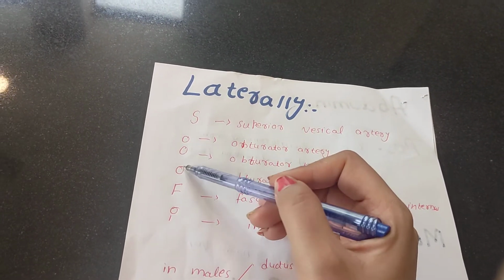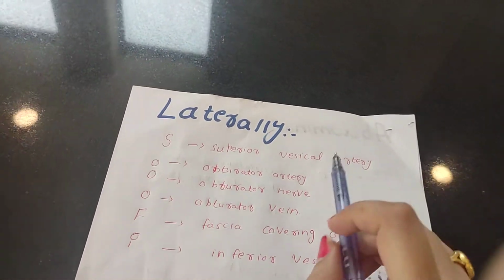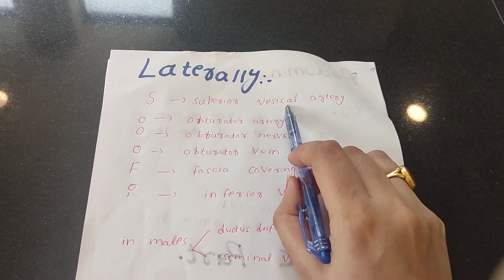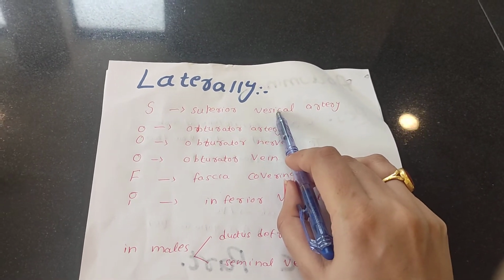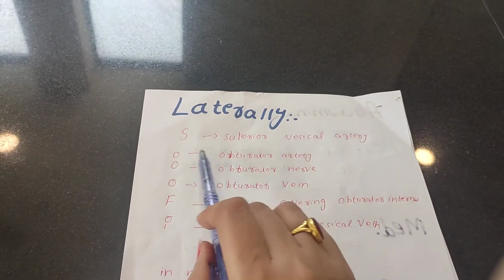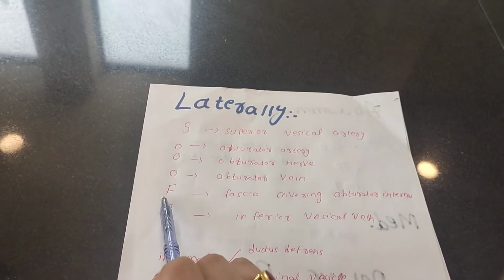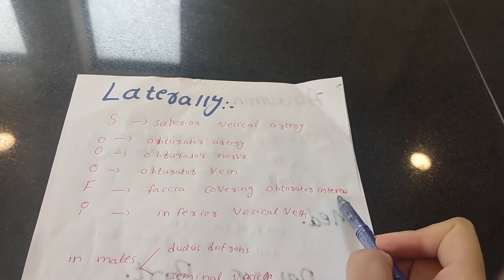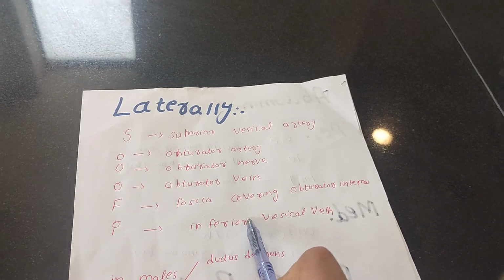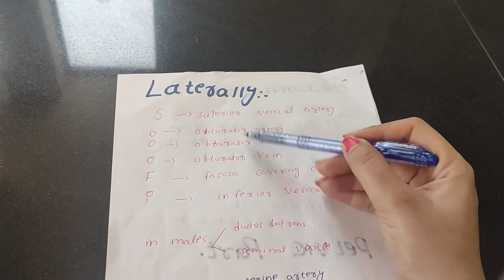After that, laterally we have the mnemonic SUFI. SUFI has three O's, and S stands for the superior vesical artery. Remember, this is the pelvic part, the part where the ureter is entering the urinary bladder. The urinary bladder's blood supply is from the vesical arteries and vesical nerves. So S stands for superior vesical artery, and then O is obturator artery, obturator nerve and obturator vein. Then F is for the fascia covering the obturator internus muscle, which you studied in the lower limb. Then I stands for inferior vesical vein, again belonging to the bladder. So these are the lateral relations, SUFI.